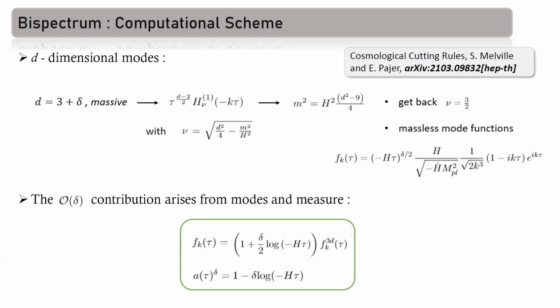But anyway, since these are one loop integrals, you'll get a 1 by delta, and these corrections are of order delta square. They'll anyway die down when you take delta to zero. This kind of expression, maybe I'm saying something wrong. You know that the true f is equal to f3d into some expression. You could have written that down anyway without doing this m squared. The true fk is not some f3d times